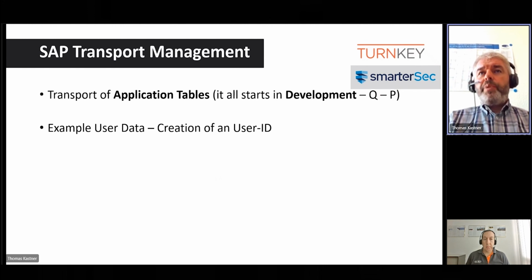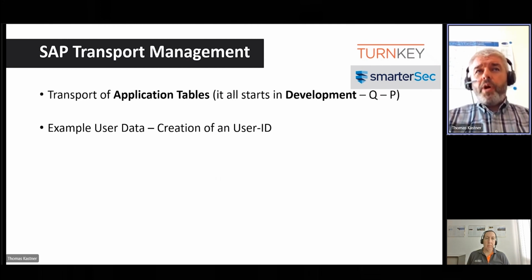I would not even be detected by screening programs that double check the change documents of user data, because I'm flying under the radar of these change documents. Transport requests do not create change documents.